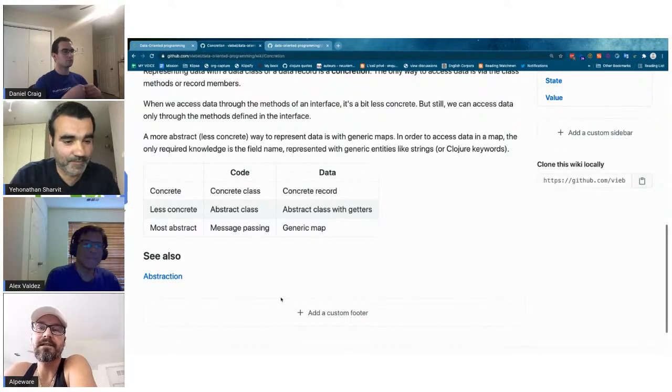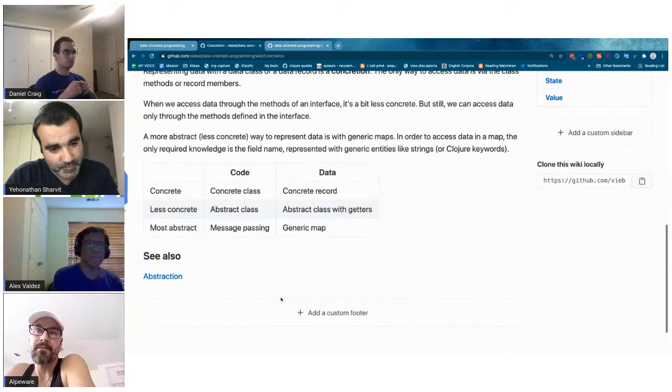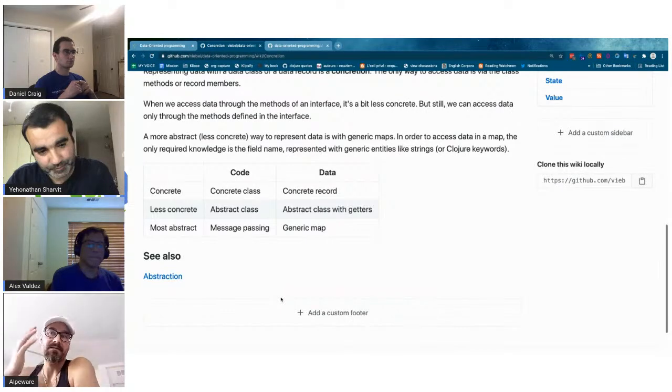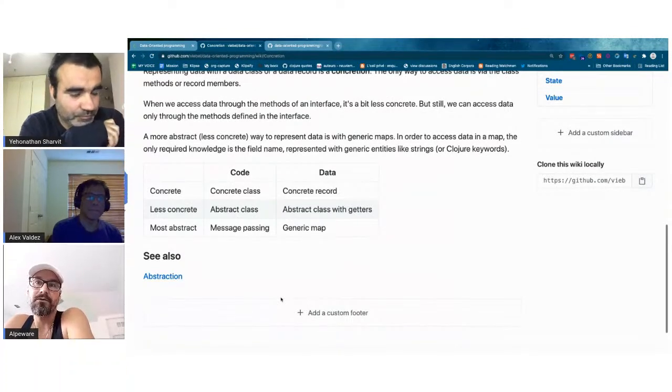Right. Well, obviously it doesn't prevent you from writing bad code. I do think that's a big challenge for me, as I have maps that kind of grow: making sure, obviously using namespaces and really thinking about what I put in the map, that I don't get a null pointer exception way down the stack just because something returned nil at some point. So it's the same challenge. It's really about thinking through your data model.